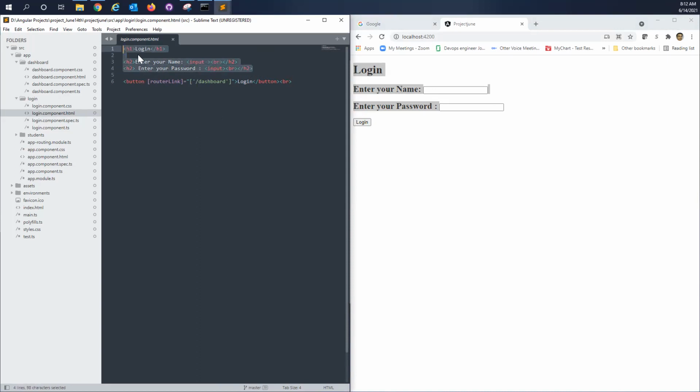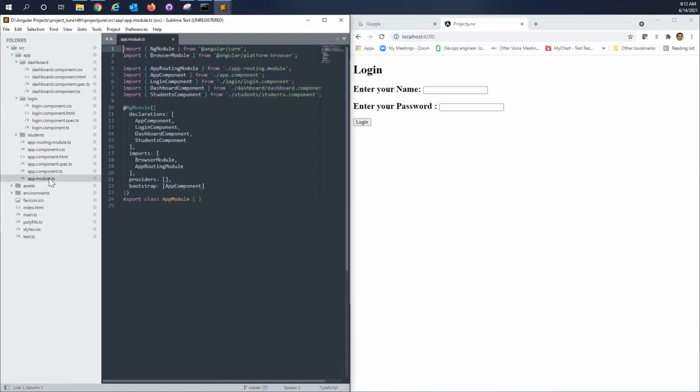If you hit localhost 4200, where is it going, Rajesh? First, it will go to app module. In this file, it will go to app routing module.